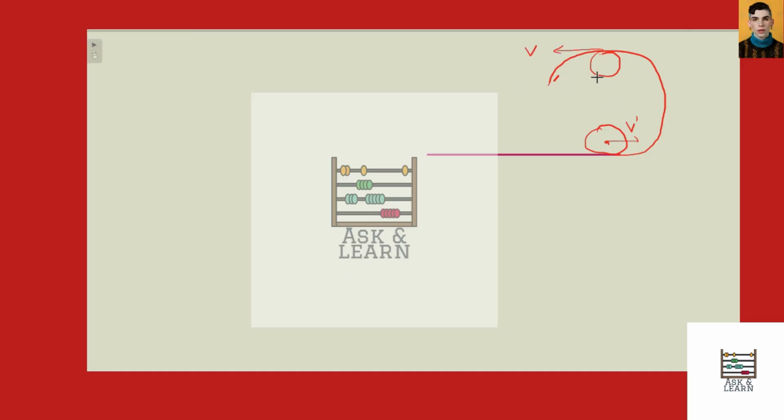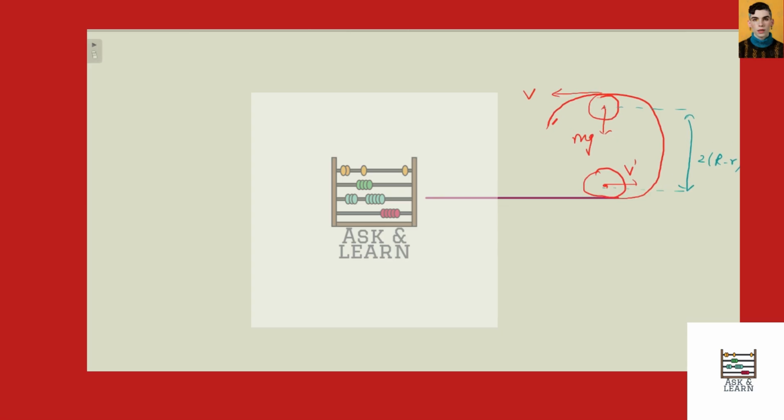Now I am going to draw the forces which act on this sphere. One is the weight, that is mg, and we are given that the radius of this track is r. So I can say that the distance between this center and this center is capital R minus small r. Here small r is the radius of this sphere, and the other is the centrifugal force which acts vertically outward, that is mv square upon R minus small r.